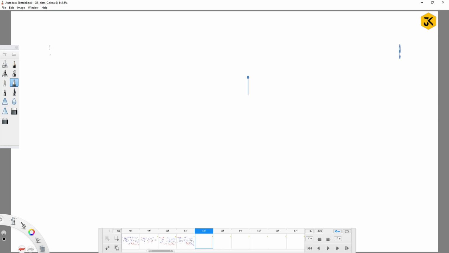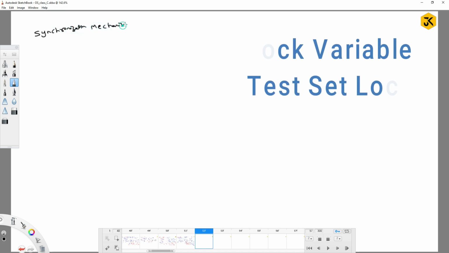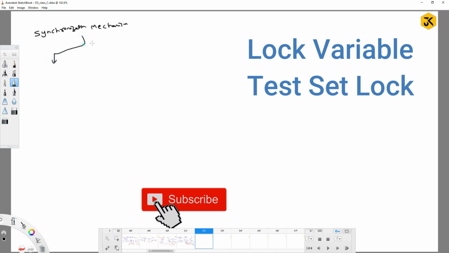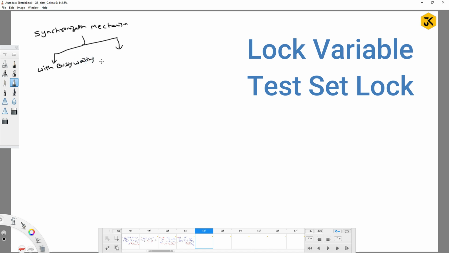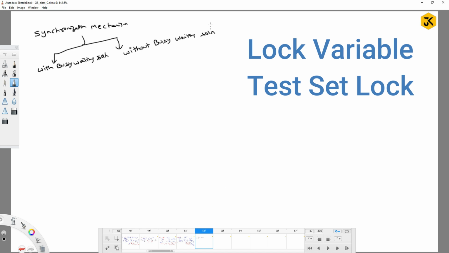If we take any kind of synchronization mechanism, generally they will be classified into two types. One will be with busy waiting solution, and another one will be without busy waiting solution. With busy waiting means,